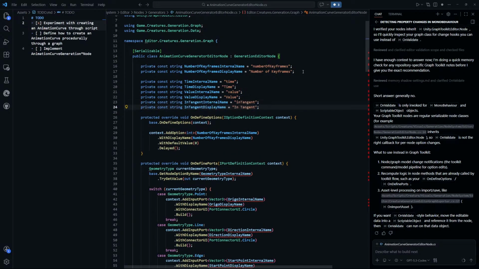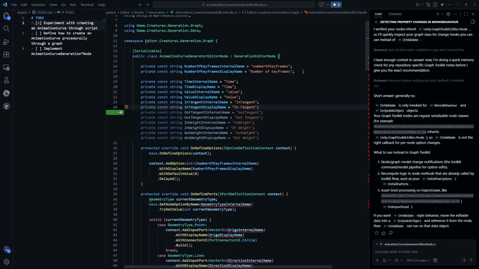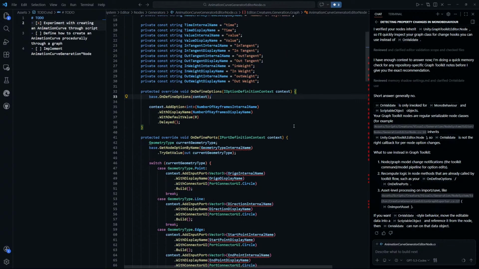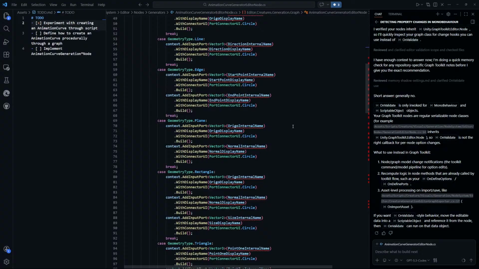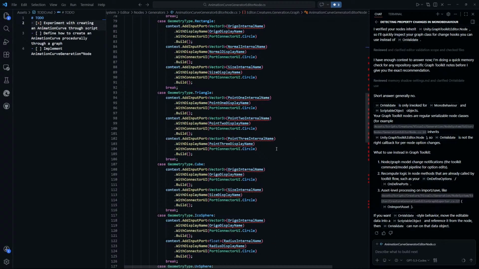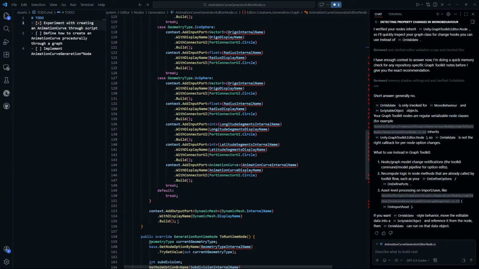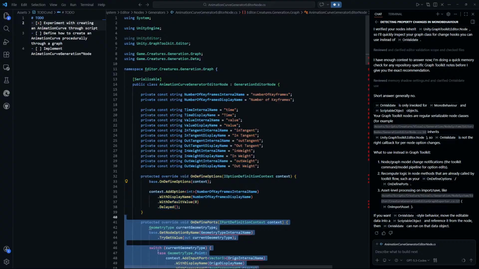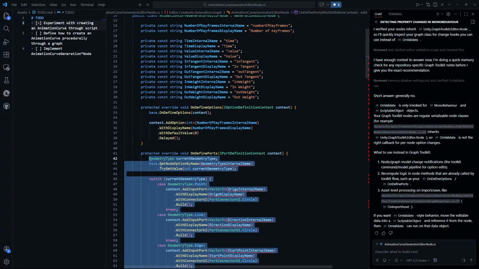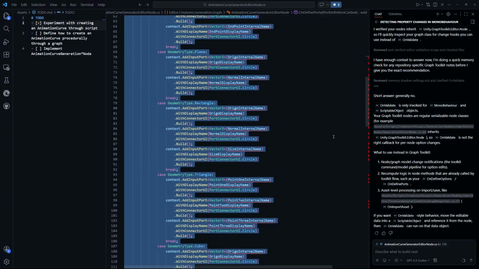And then we want to have out tangent as well. And the thing is, when we define the inputs here then,